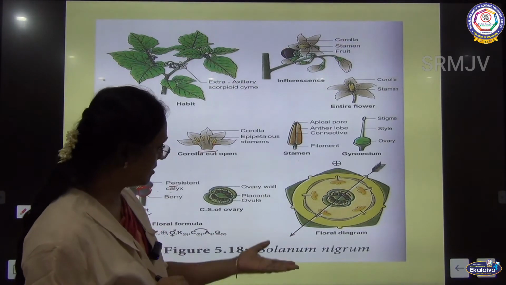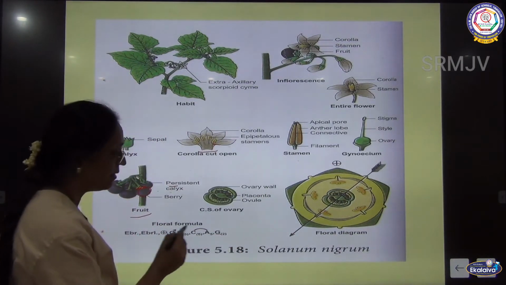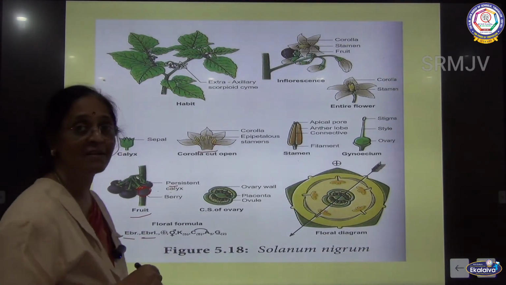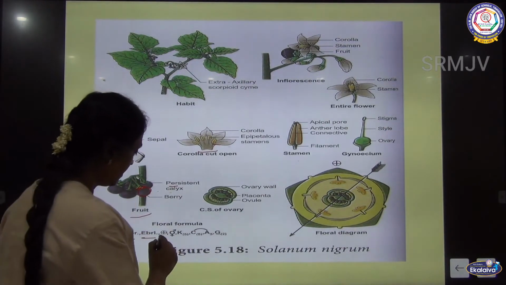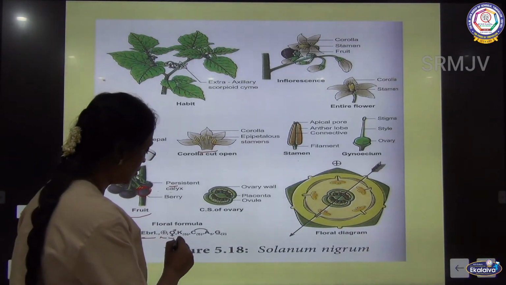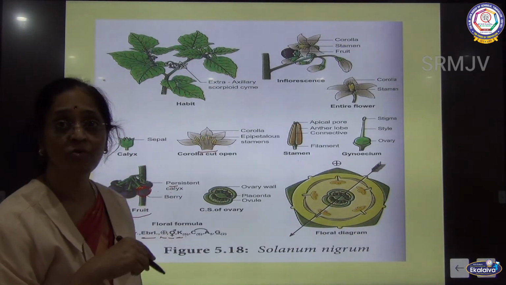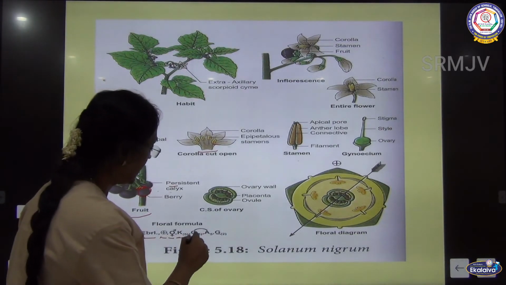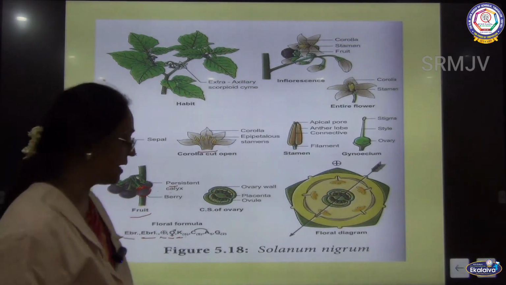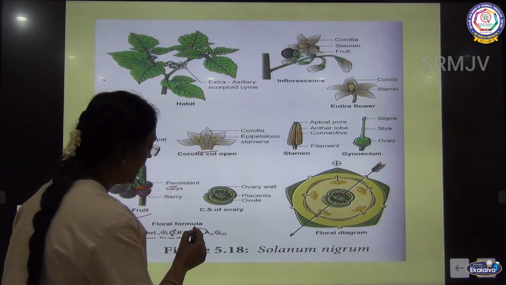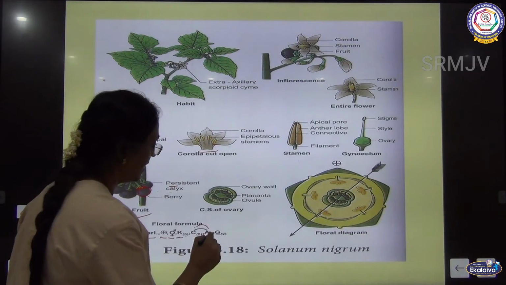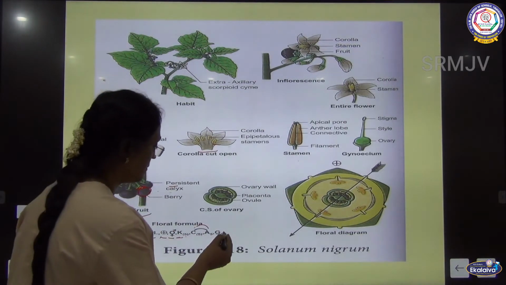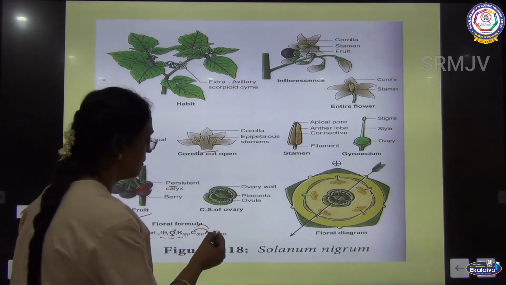So, as we have seen in the previous one, it is the same. Here alone there are no bracts, so ebracteate, there are no bracteoles, it is ebracteolate, and it is actinomorphic, bisexual, calyx 5, gamosepalous. So you put it inside the bracket, corolla also 5, gamopetalous, so you put it inside the bracket, androecium 5, and epipetalous stamen, so you put an arc, gynoecium, bicarpellary, fused, so syncarpous, superior ovary.